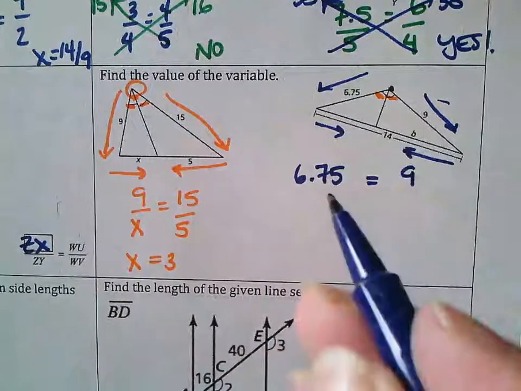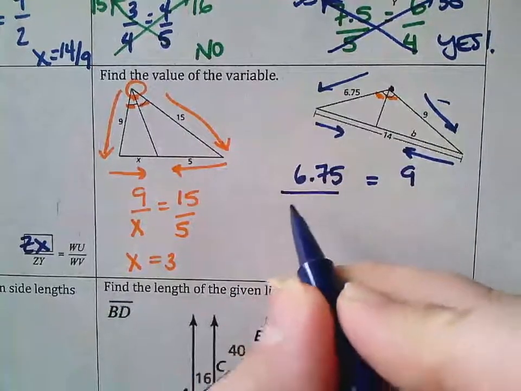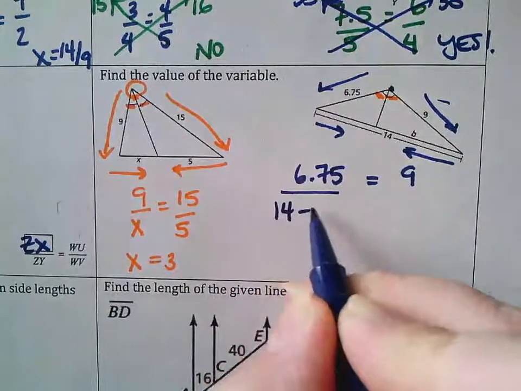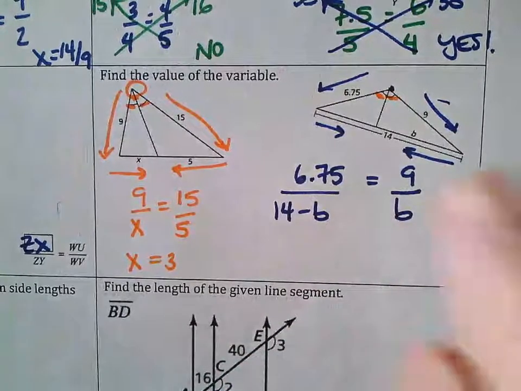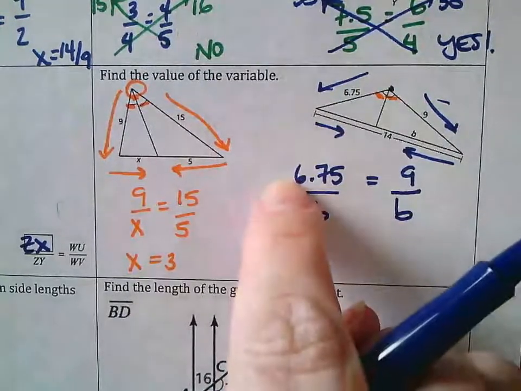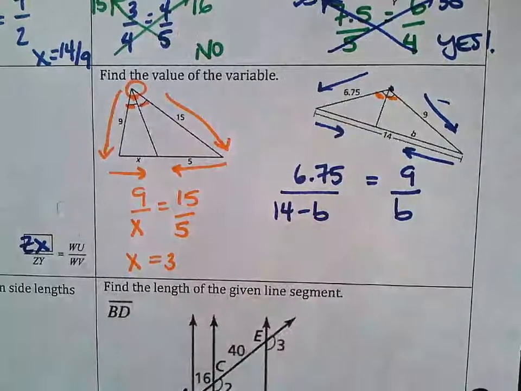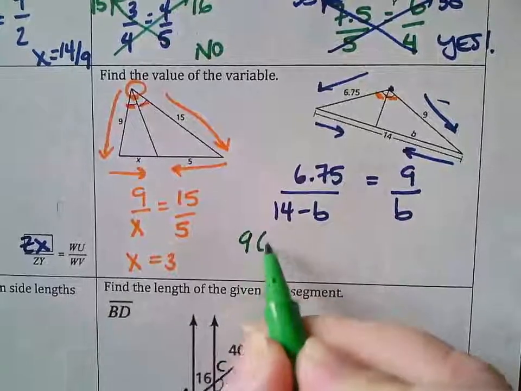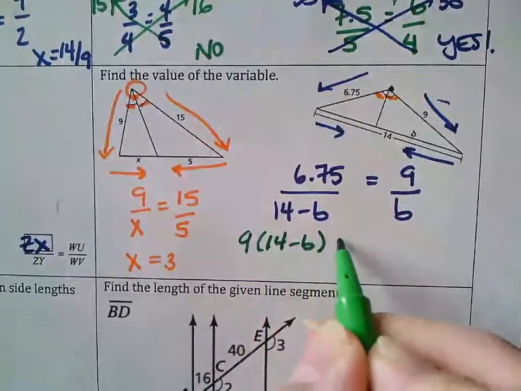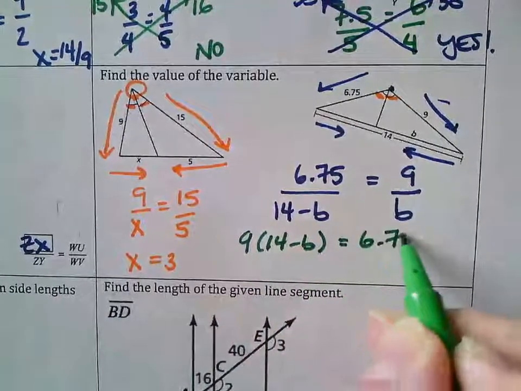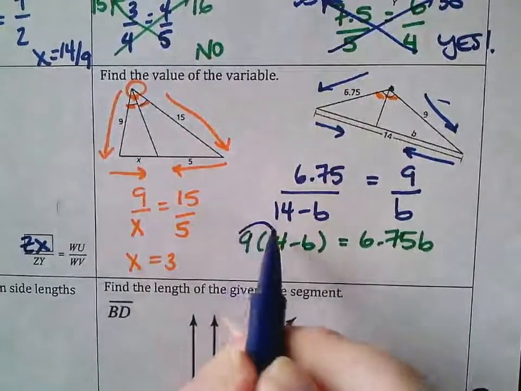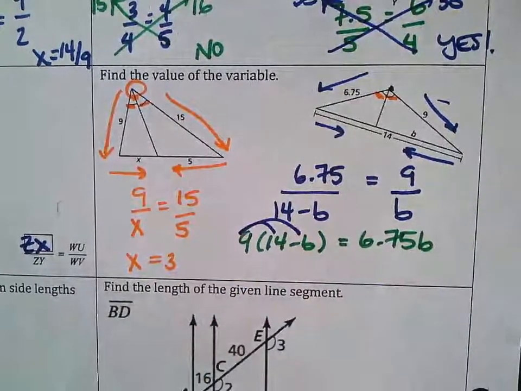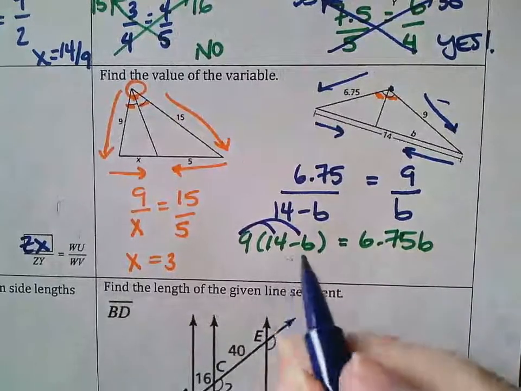So you're going to set it up as 14 minus b, and then set this up as just b. So this is b, not 6. This is what my 6's look like. This is a b. So when you cross multiply this, do not forget that you have to distribute, because that's going to be the biggest error that you guys will make, is the fact that you will forget that piece right there. So you get 126